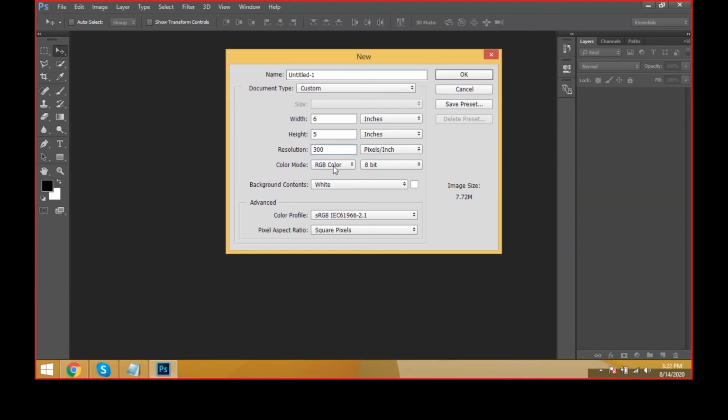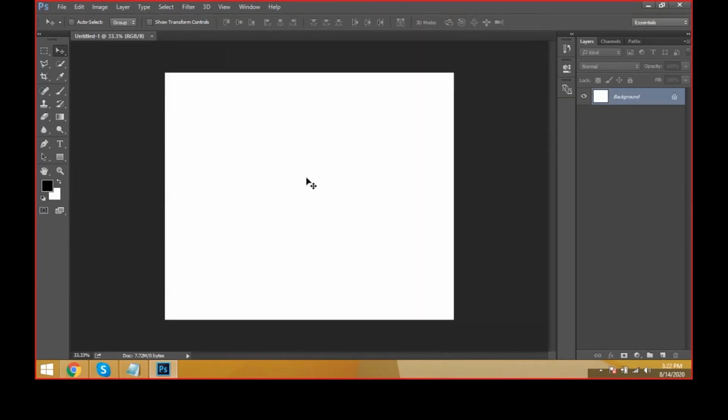Bitmap, all these things we already checked before, but we work in the primary color mode, channel RGB and white. Click it, and this is the document. These are the toolbox. When we select any one tool, automatically the tool properties will be activated. We call this attributes or properties.